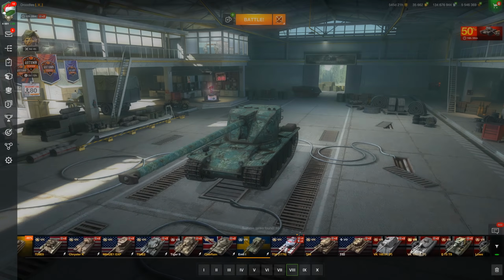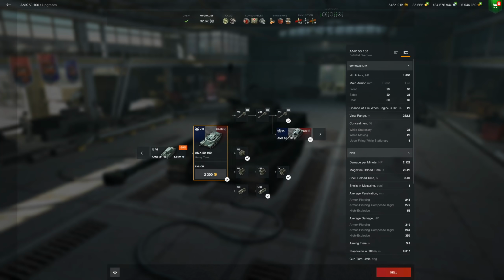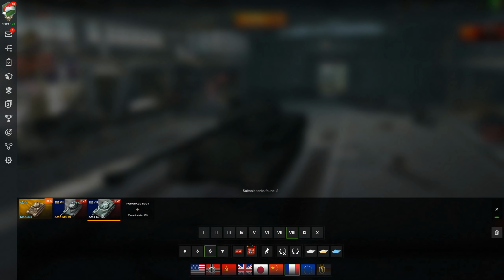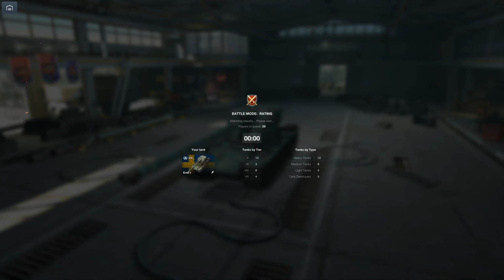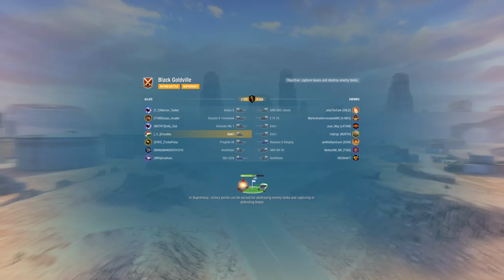Let me just take a look at the AMX 5100 really quick as well. I think the AMX is a little bit quicker, if I'm not mistaken. It's about the same, 20 seconds. Okay, so the AMX does have advantages. So, of course, mobility, it goes faster. It goes 49 or 45 kilometers per hour on the AMX. Not only does it have faster speed, it's got a way more accurate and I'm pretty sure higher penetration gun,